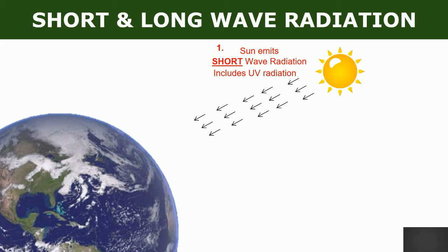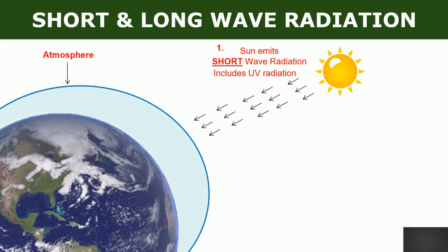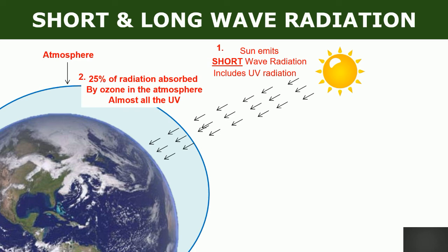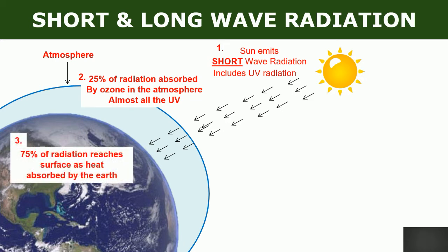So that's the stuff that gives you skin cancer and sunburns. But luckily on Earth we have an atmosphere, and the atmosphere, specifically the ozone part of it, is going to absorb almost all of that UV. So 25% of the radiation is absorbed by the ozone layer, and most of that is that UV radiation that is harmful. But that still means that 75% of the radiation reaches our surface as heat, and it is absorbed by the Earth. So that energy, at least about a third of it, will get reflected or re-emitted as long